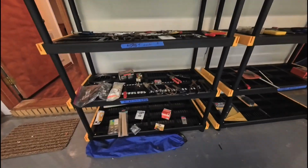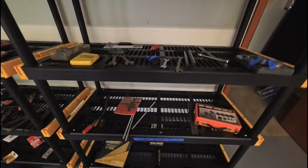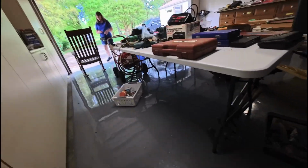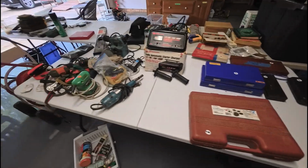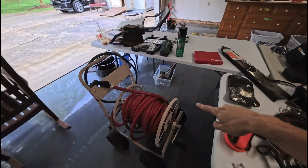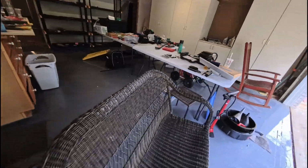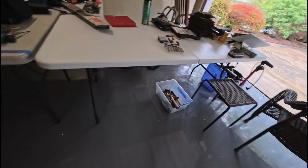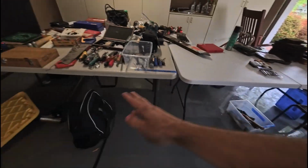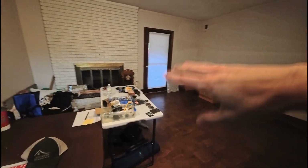Racks are cleared for the most part. I mean, there's still some stuff that's left. Under the table has been pretty much cleared out. The side of the table, so much so that we have already broke down one of the tables. The pellet gun's gone. As you can see, most of this table, a lot of the hammers are gone. Garden tool setup, garden tool bundle is gone. All these boxes under here. We do still have the reloader. Majority of this table,